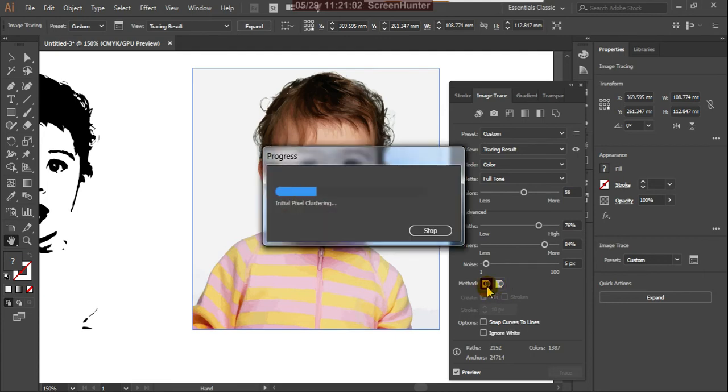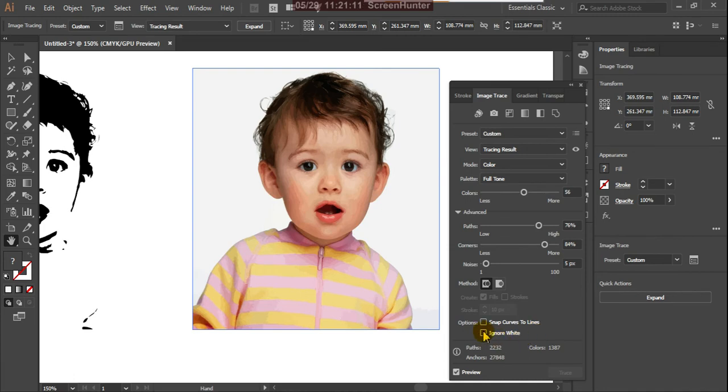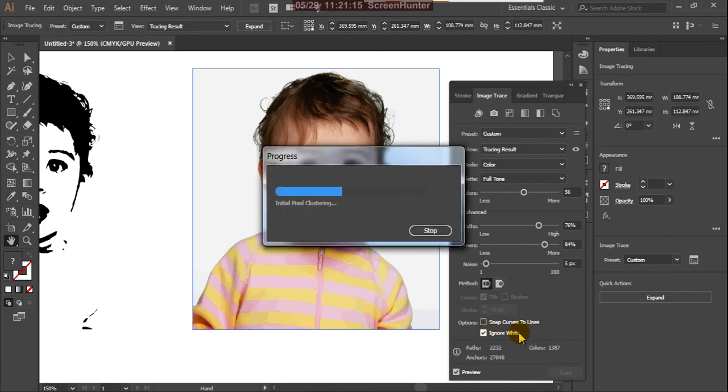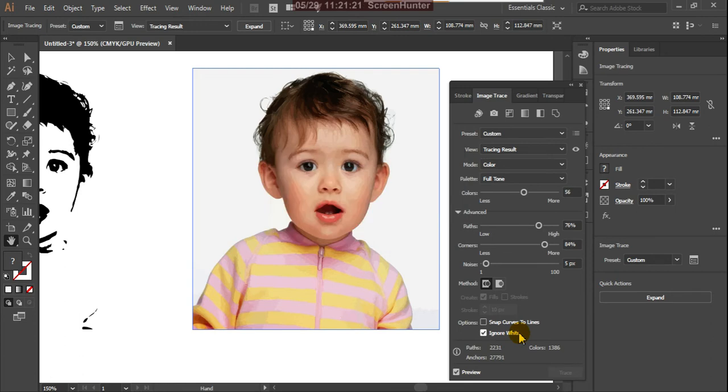By clicking this you will have options: snap corners to lines and ignore white. Suppose